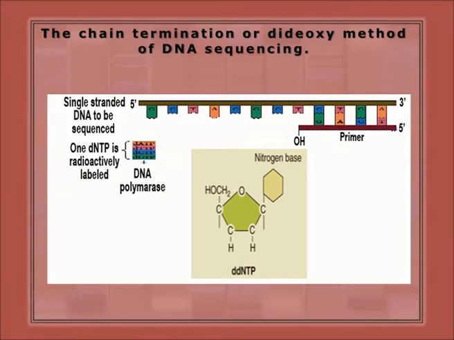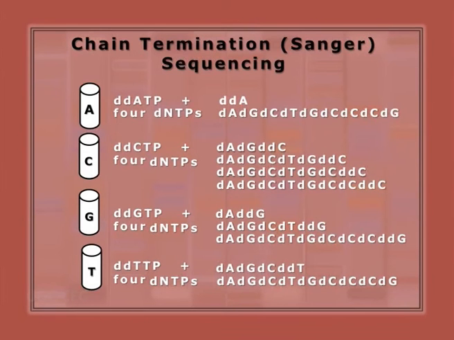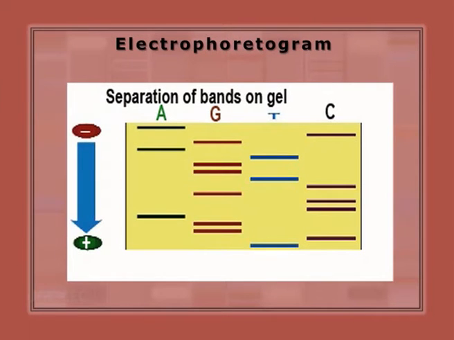We used a template, and a primer which was radiolabeled at the 5' end was used, and the entire reaction was set wherein each tube contains all the 4 dNTPs. In addition, only one variety of dideoxy NTP was added in each of the tubes. And all these 4 reactions were run independently and were separated on a sequencing gel. Therein, we can determine that the first lane contains the DNA ending at adenosine, second at G, third at T, and fourth one at C.